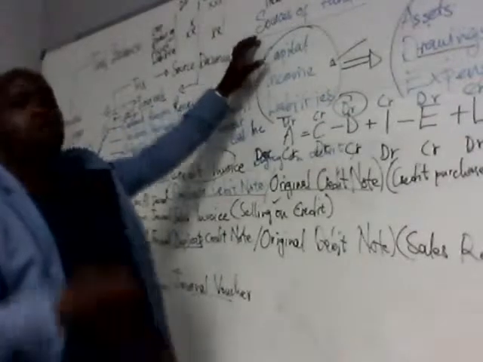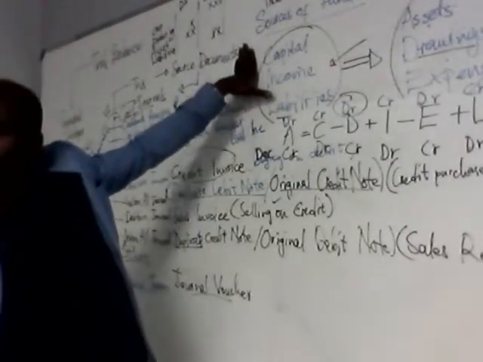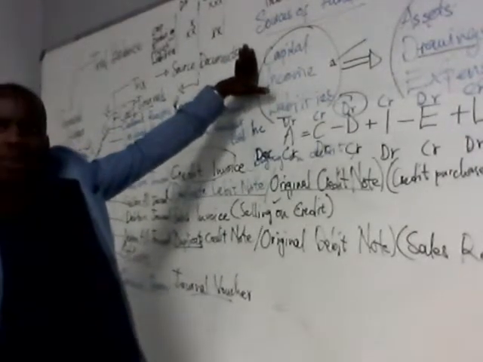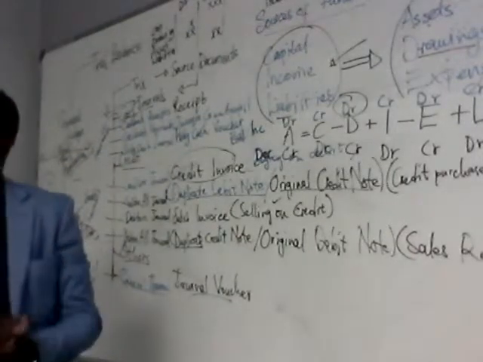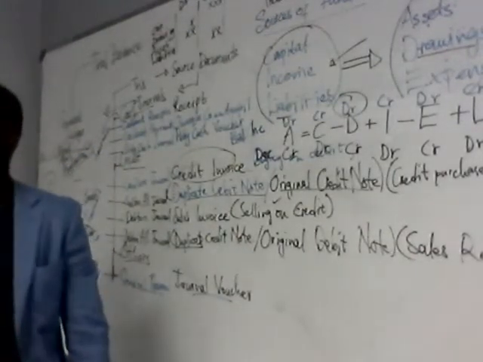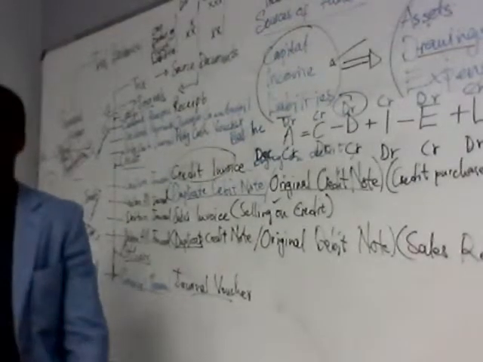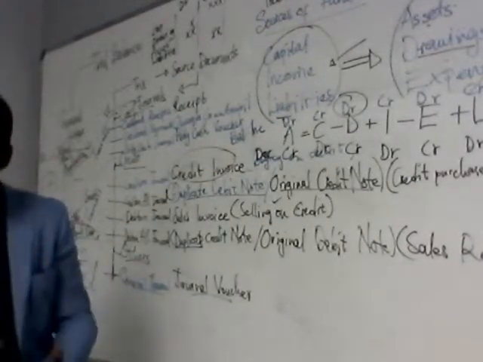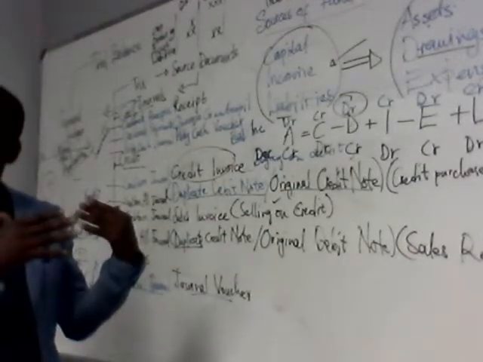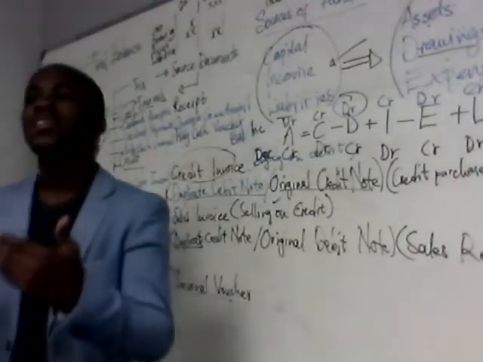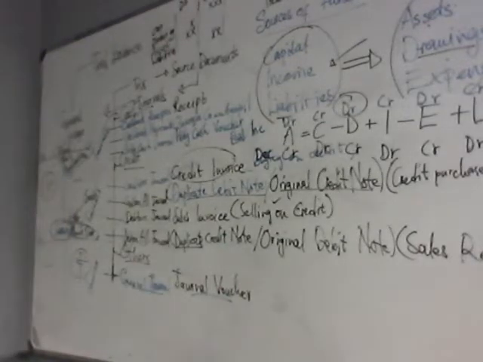Capital. There's no way we're ever going to have a debit capital. Are we together? So when they give you capital and it's on the credit side, you know that this one is correct. I already have 1 mark. They give you drawings. We know that drawings must be on the debit side. On page 50, if they give us any one of those assets, be it vehicles, land and buildings, furniture, equipment, we know that it's an asset. It must be on the debit side.